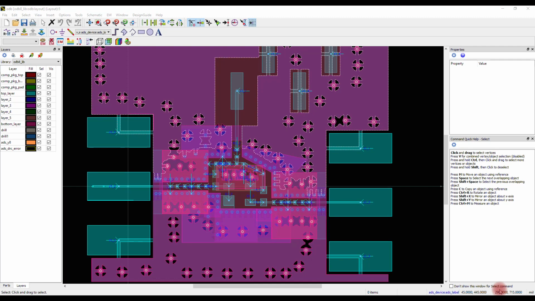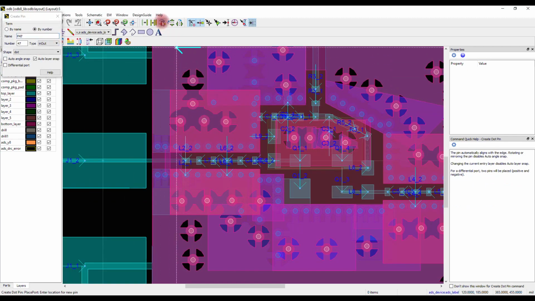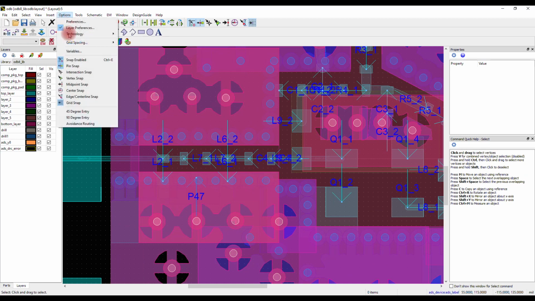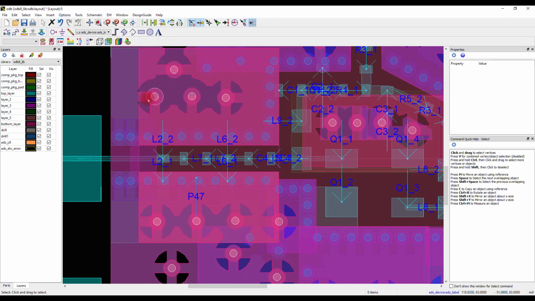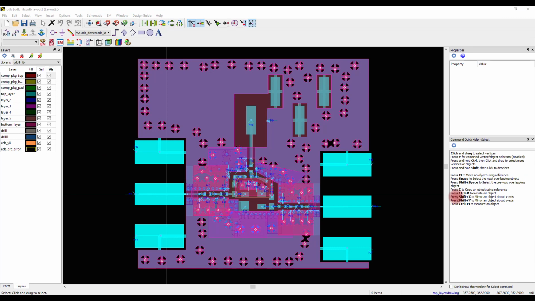However, we need to create additional ground pins for series components. In order to do that, we need to know the ground return path of the design. For my design, the ground return path is top layer, so I am going to create additional ground pins nearby to the signal pins. Before placing the pin, change the grid setting to the lower setting to have high resolution. You can do that by clicking Options, Grid Settings and select the highest resolution. We have placed ground pins for all the signal pins of the series components at the ground return path of the appropriate signal pins.